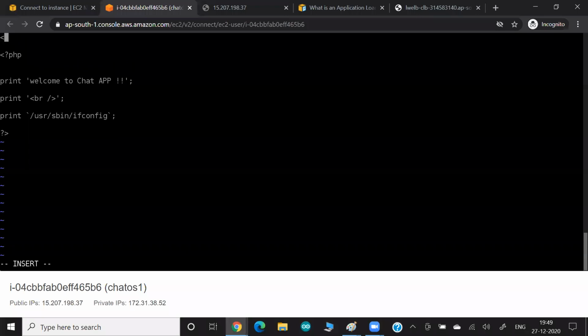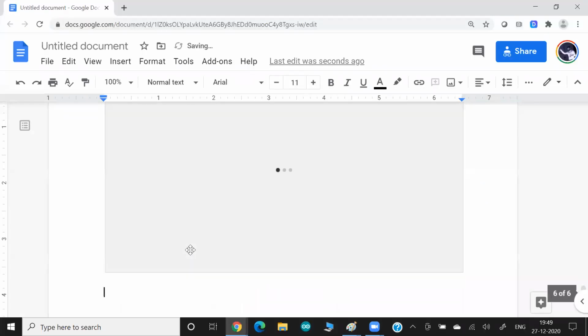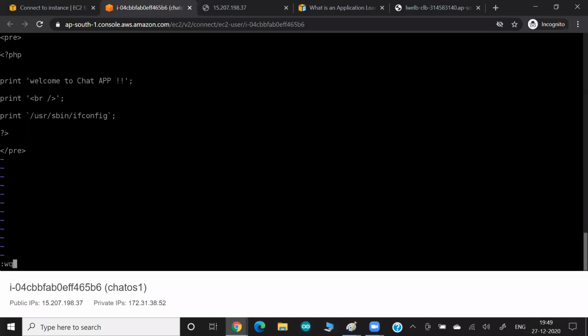I'm using some pre-tag of HTML, so it will format my output in my browser. Okay. So that's why this is one application we have created. And you can